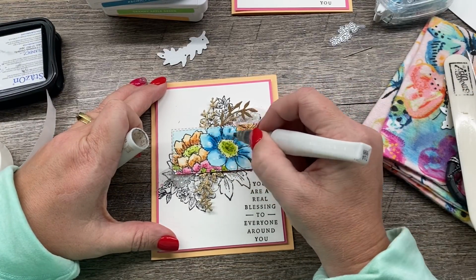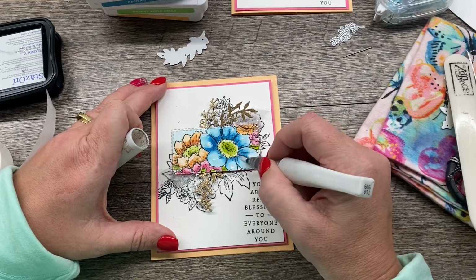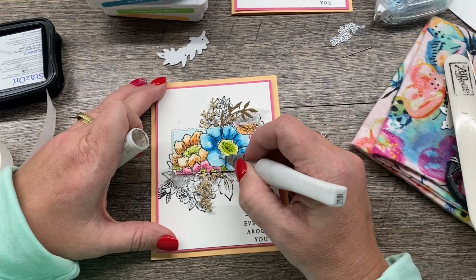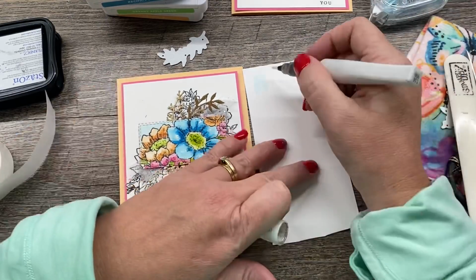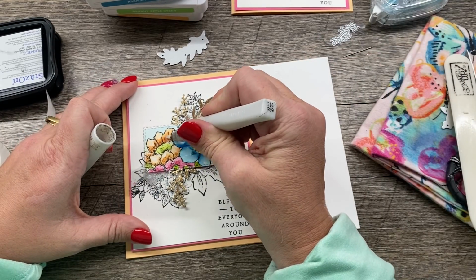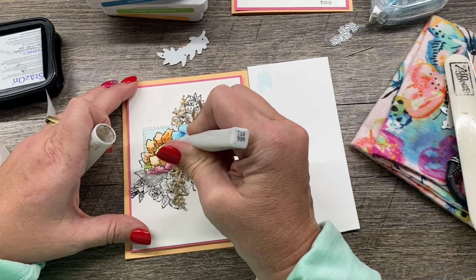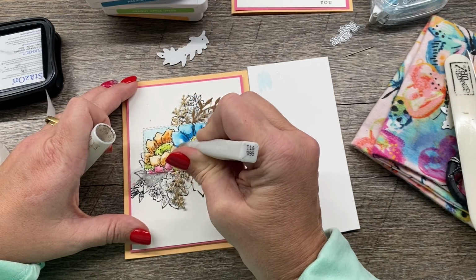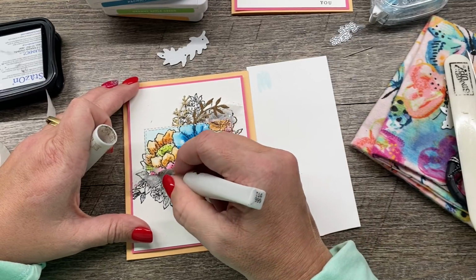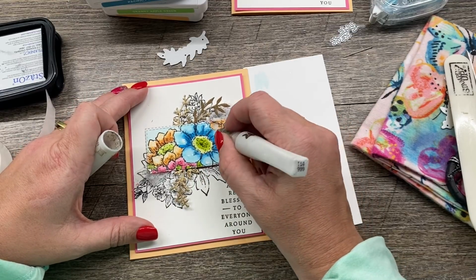So I'm being a little careful because I don't want to mix like blues and oranges. So I'm going to do this. I'm going to bring in my scrap, make sure there's no blue ink on my Stella, and then we will do the same thing. Stella can bleed colors together, so you just want to be careful. Get a feel for how it's coming out. And you will have fun. Okay, so